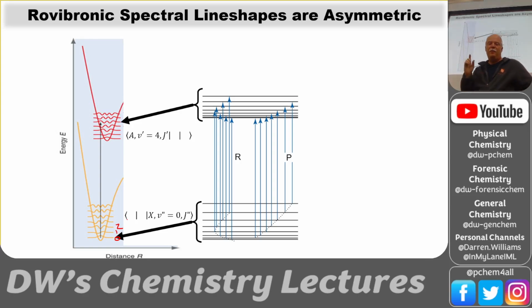Okay. But what you end up having is, look at the energy spacing here. These are the rotational energy levels. And this is what you had for the carbon monoxide lab. And you were just going from V equals 0 to V equals 1. So these levels were the same spacing in 0 and 1. Technically, they were slightly different, but not so you'd notice. So they were almost the same. But look up here, we have a dramatically different spacing in the excited electronic state because we have a dramatically different bond length. So what that means is our